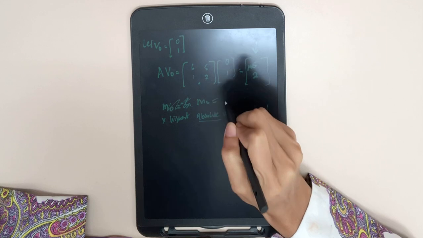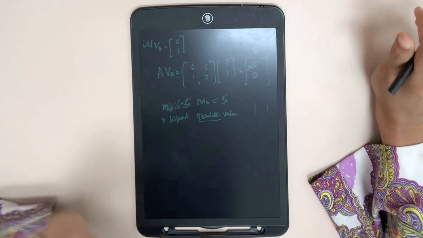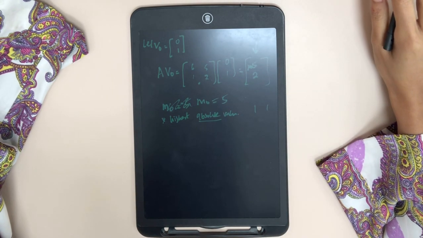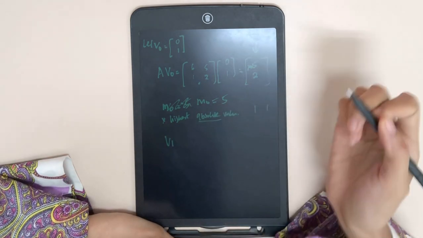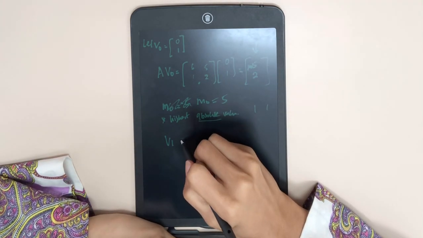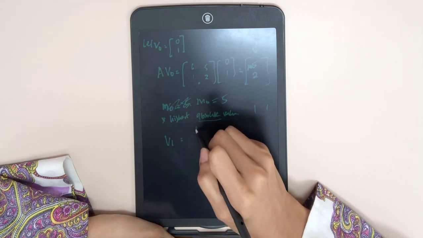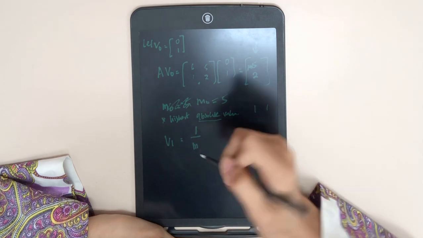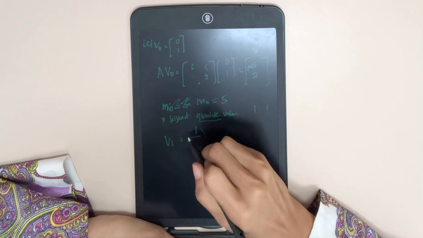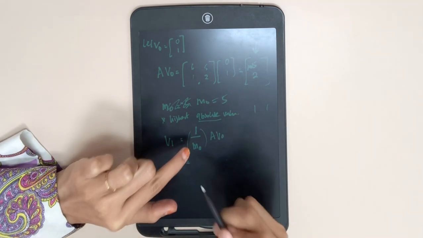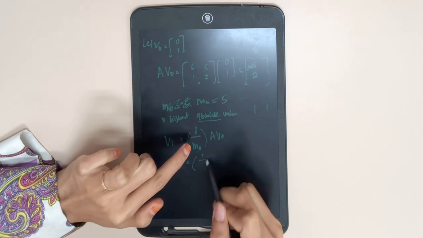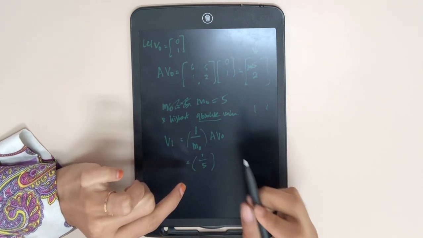So your M0 here is 5. Okay, your M0 here is 5. Then the next step is to find your V1. Okay, how to get your V1? Your V1 here is 1 over M0 times AV0. Okay, 1 over M0, so 1 over 5. Okay, AV0,